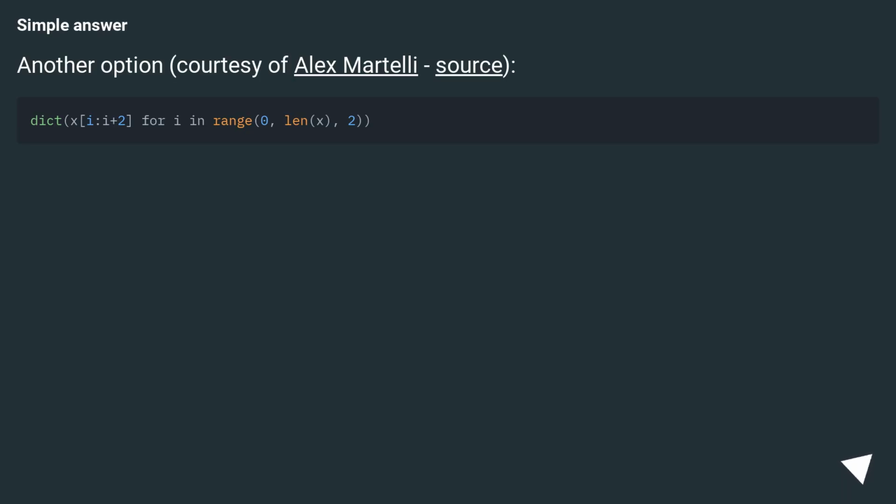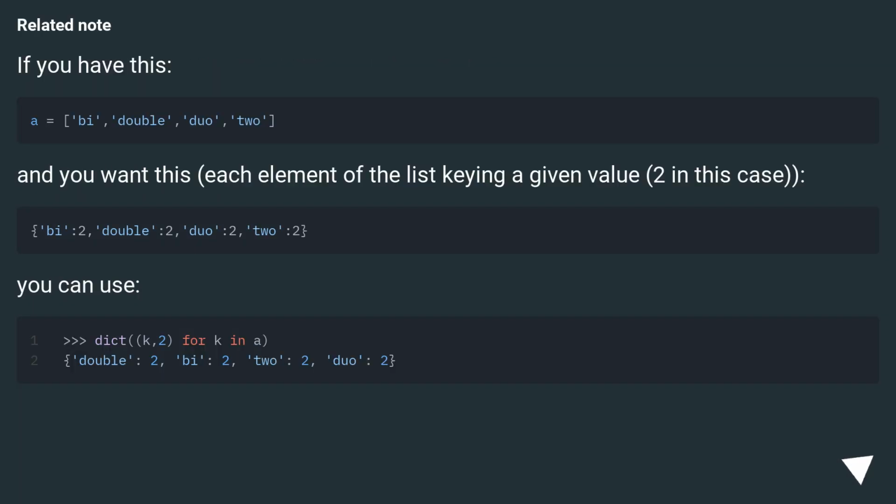Simple answer. Another option, courtesy of Alex Martelli, source. Related note. If you have this, and you want this, each element of the list keying a given value, 2 in this case,